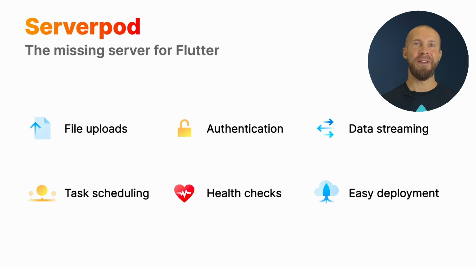Firstly, ServerPod simplifies the task of handling file uploads. You can connect it directly to Google Cloud Storage or S3, or you can even store files within your database, which is great for local development. When it comes to authentication, ServerPod takes care of all the tricky parts. You can integrate social logins into your application with support for services like Google, Apple, and Firebase. You can, of course, also do traditional email-based sign-in. If you use Google, you can get access to all server-side APIs like calendars and contacts.